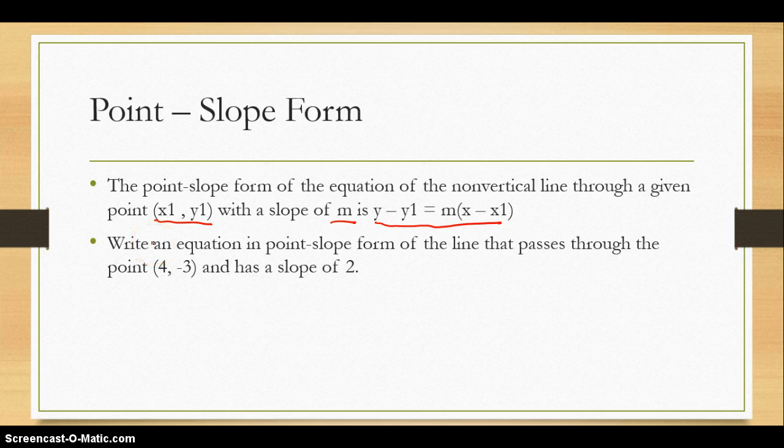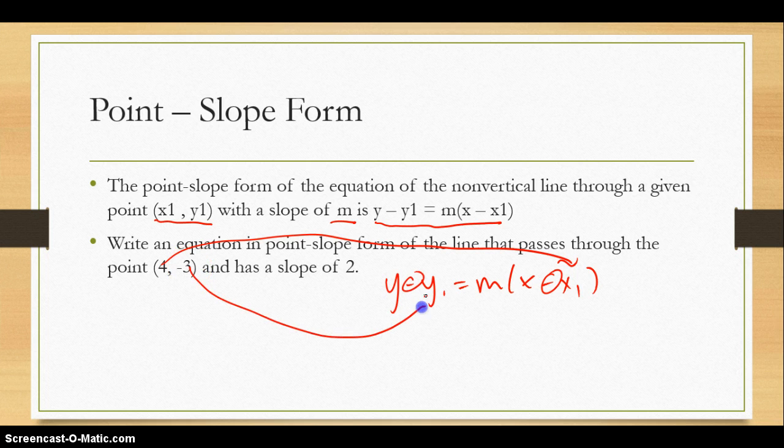So write an equation in point slope form of the line that passes through the point (4, negative 3) and has a slope of 2. The main thing about this equation that you have to pay attention to are these signs. What I would do to help you is to know that the x obviously goes where x1 is, because this is my ordered pair, and the negative 3 will go in for y1. So really this is saying y minus the negative 3